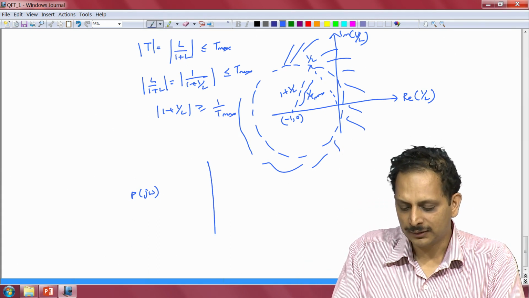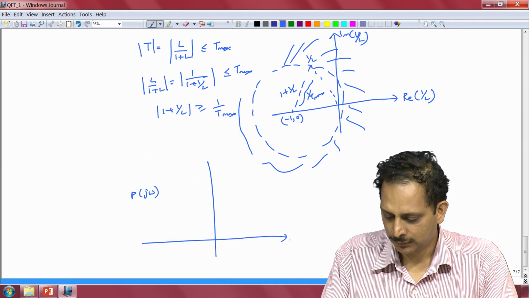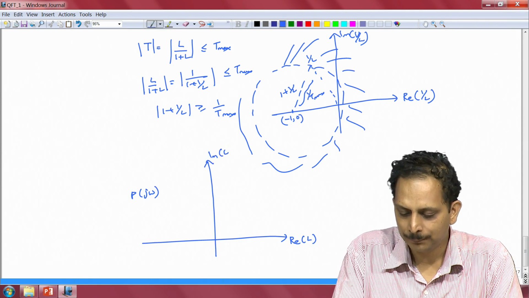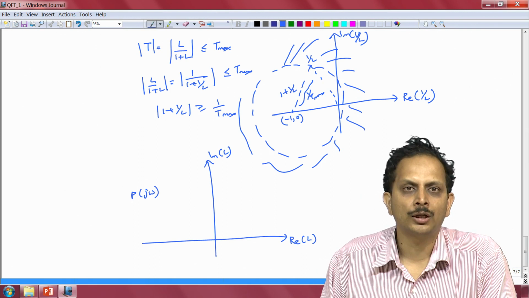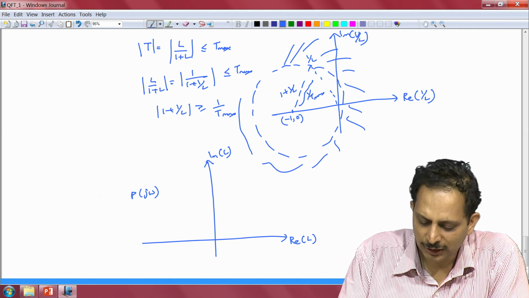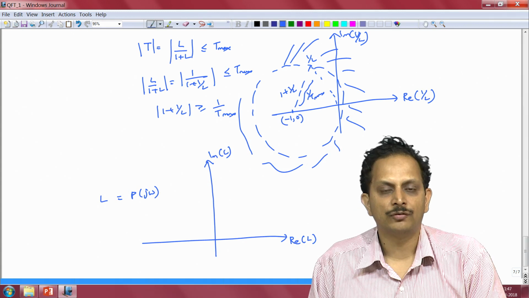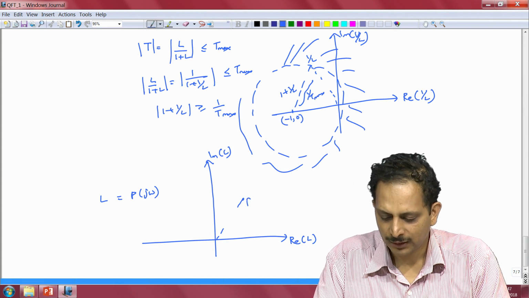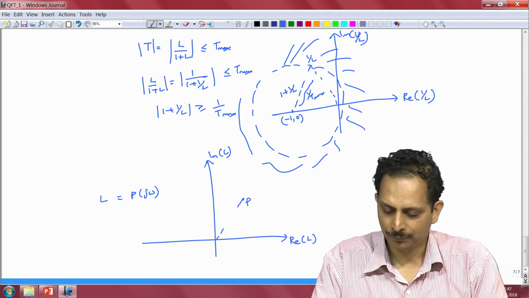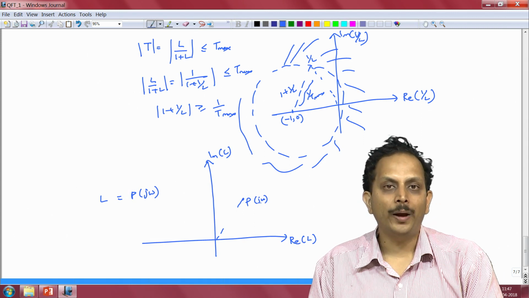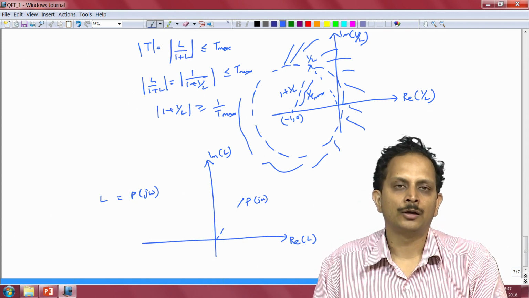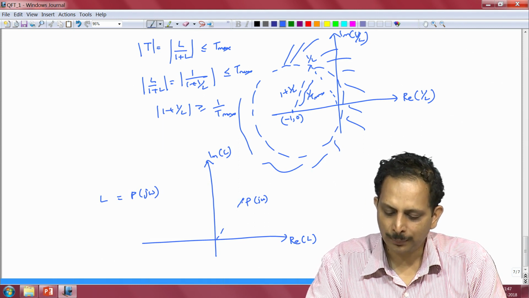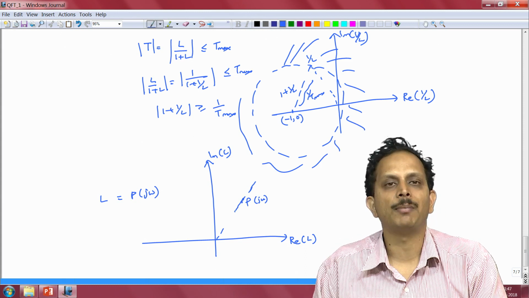If we were to plot the Nyquist plot of the loop gain, we would have the real part of L versus the imaginary part of L. Suppose at the outset our controller was C equal to 1, then initially our loop gain will be simply equal to P of j omega. Now P of j omega represents a certain complex number in the Nyquist plot. Now when the magnitude of the complex number varies because of uncertainty in the gain of the plant, this complex number P of j omega either increases or decreases in magnitude.